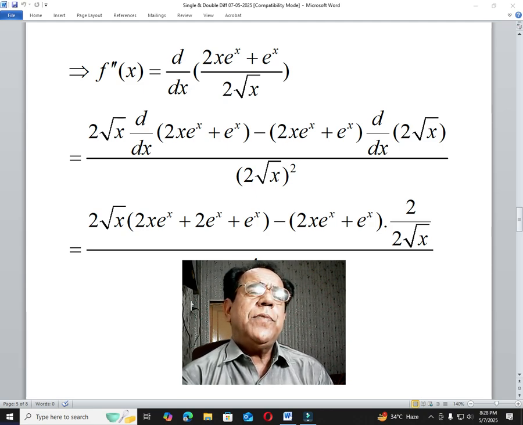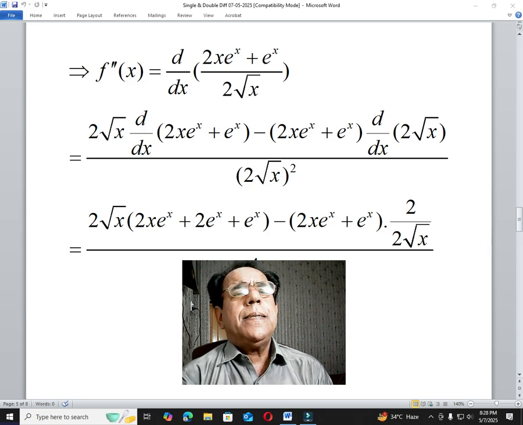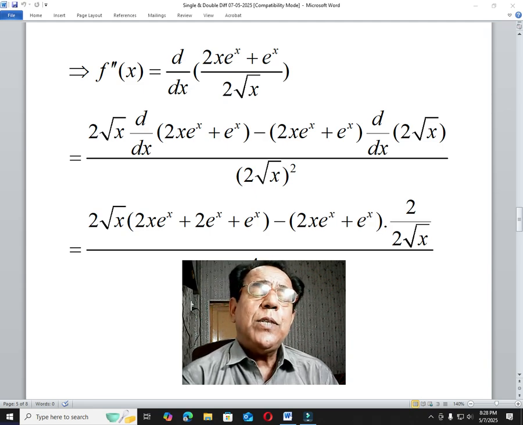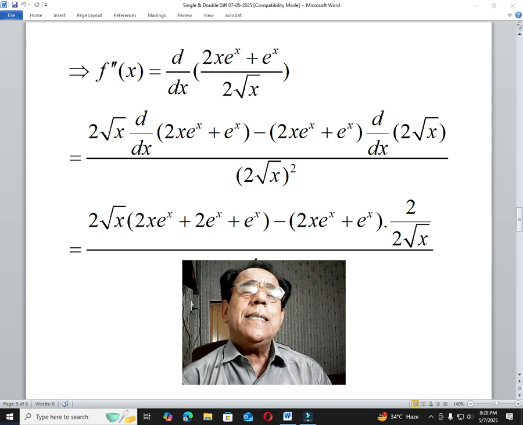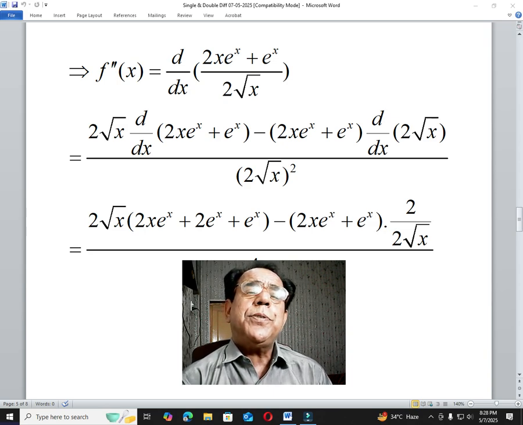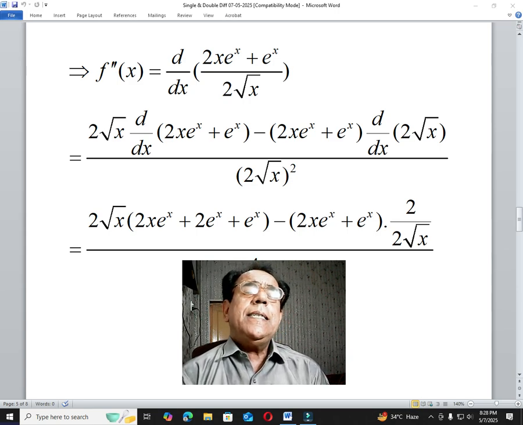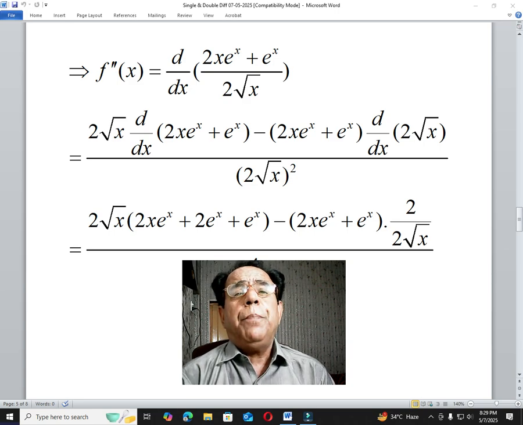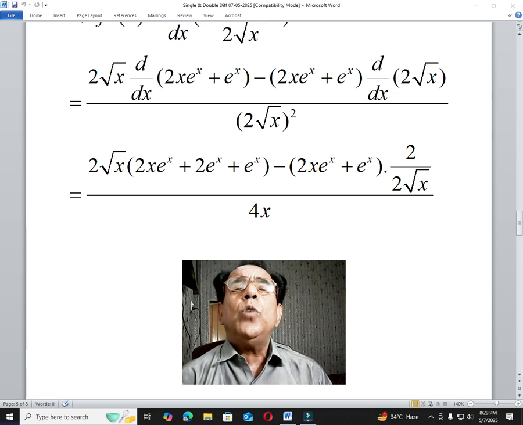So here in place of x we will get 1, and so we will get 2 into e raised to power x plus e raised to power x will remain as it is, because we know that derivative of exponential function is always the whole exponential function itself in the first step, and in the second step we take derivative of the substituted form of x, but here there is no substituted form of x, and e raised to the power x is in its simplest form. Okay,